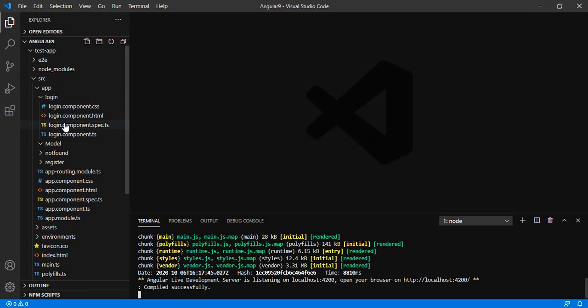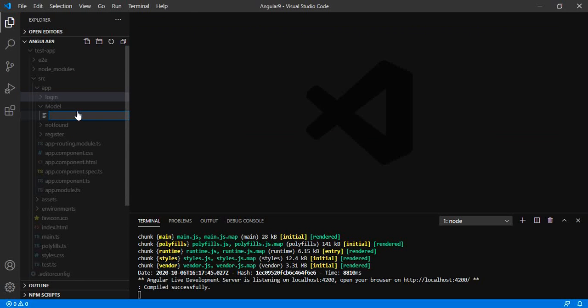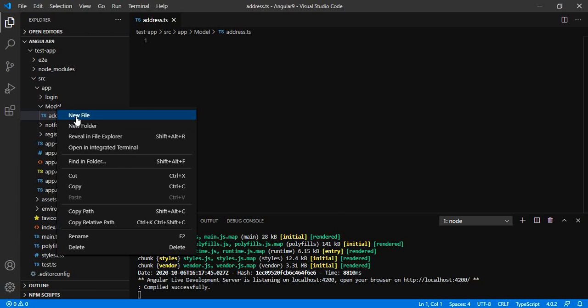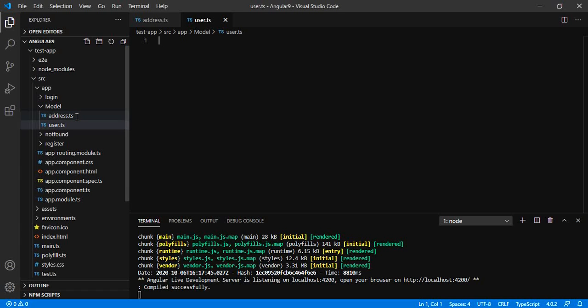in the register form. Let me first of all create the required model. We will have the user model that is going to bind in our register form.